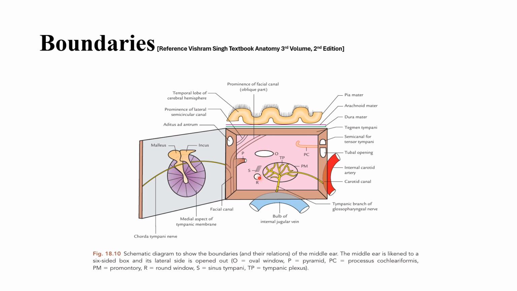This small round shaped structure is the round window, and this striated structure above the round window is the sinus tympani. We will see what these parts mean, and you just go through this explanation one more time so that you can draw these structures. And don't worry, right now it might feel like it's very difficult, but we will study it one by one.